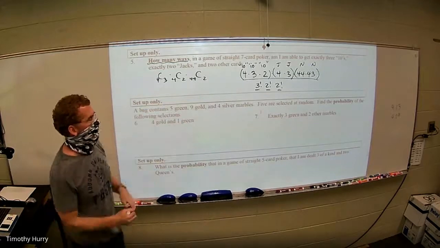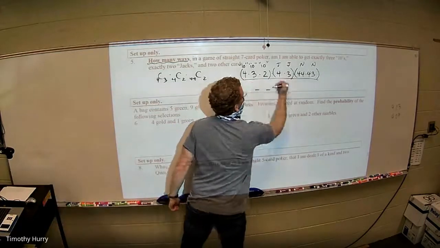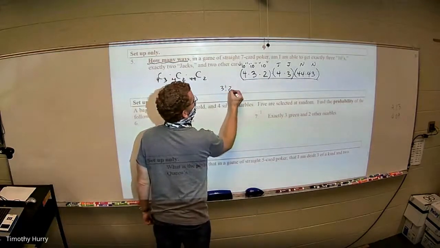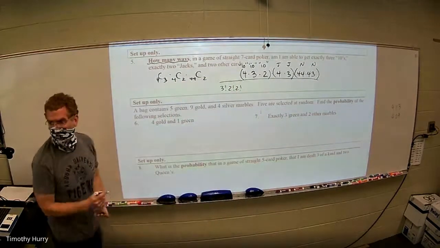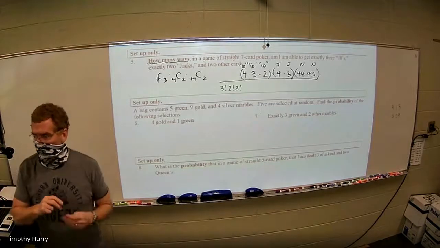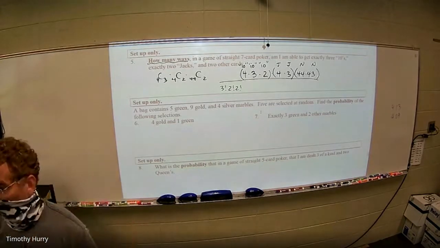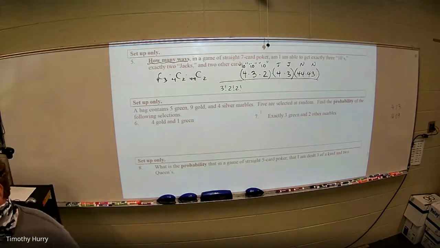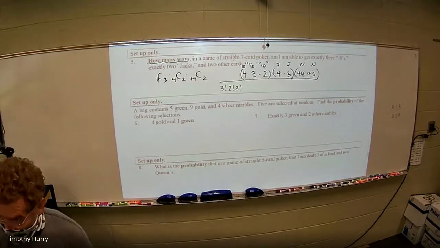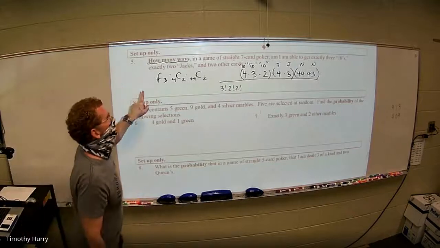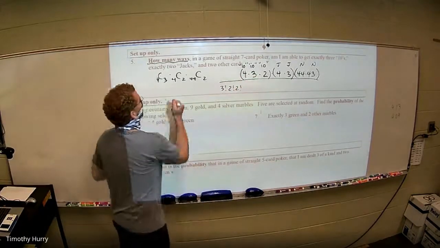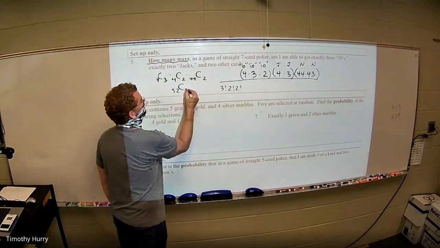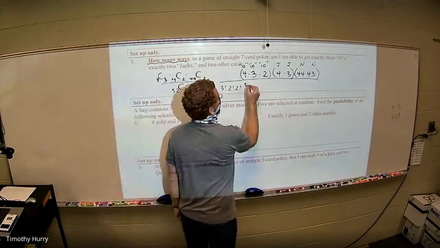This is finding how many ways. How many ways do you count? There are 6 ways to organize line 3, but the probability of them being organized in some way is different. Like if I said, how many ways can you draw a king from a deck of cards? 4. What's the probability that happens? 4 over 52. How many ways can this happen? That. Or this. What's the probability that it happens? I would have to divide by 52C7, which is the same thing as